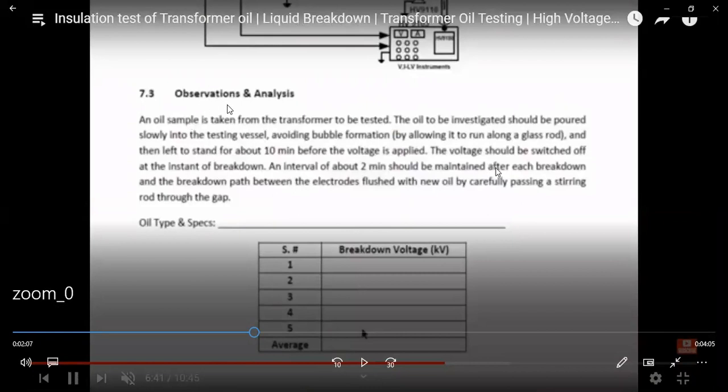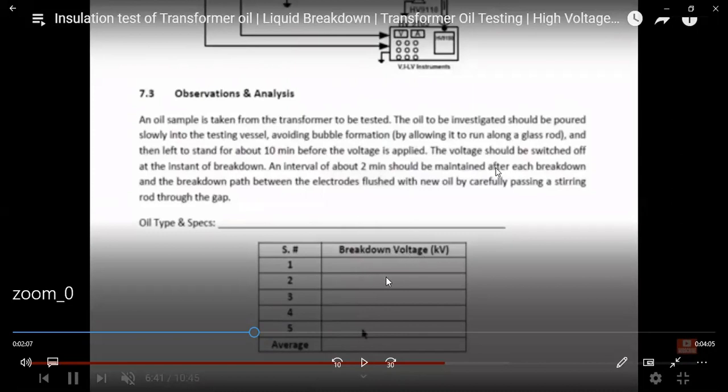So we have to fill this table for the transformer oil testing. The first operation, the breakdown voltage. And then for the second operation, the same liquid will be used for the second breakdown. So we will observe that for the fresh transformer oil, the breakdown voltage will